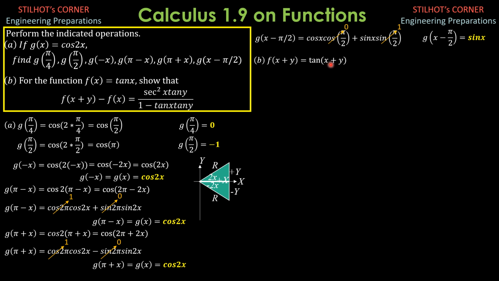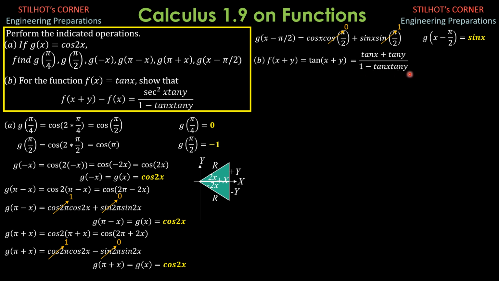Sine quantity x plus y is sine x cosine y plus cosine x sine y, then all over cosine of quantity x plus y, which is cosine x cosine y minus sine x sine y. Then divide both the numerator and the denominator by cosine x cosine y to derive the expansion of tangent of x plus y, the sum formula for tangent, which is tangent x plus tangent y all over 1 minus